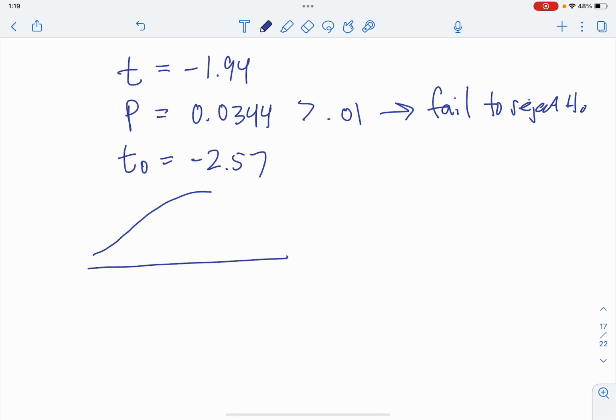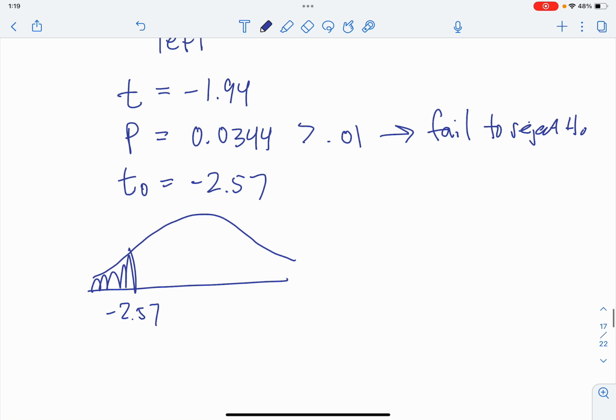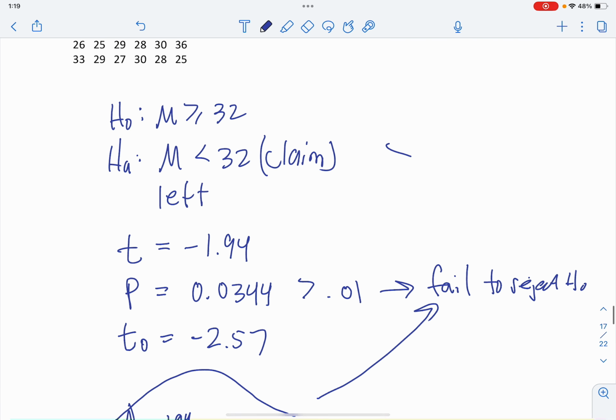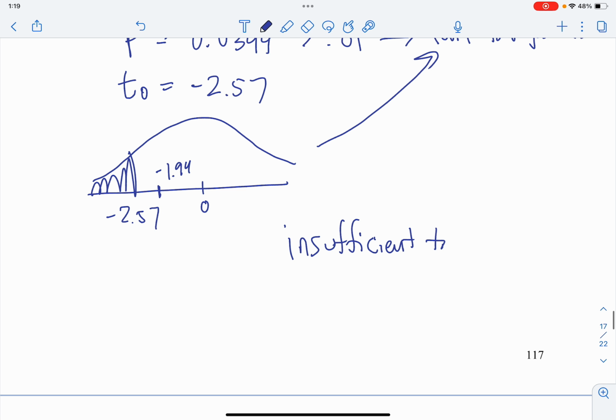Or you could use the critical value if you want to draw that out. That works like a left tail, right? Negative 2.57, and the T is here, negative 1.94, right outside of the region. So that would also be fail to reject. Either way, fail to reject is always insufficient to, and then HA is the claim, so support. So there's insufficient evidence to support the claim that the mean is less than 30, that the mean is greater than or equal to,